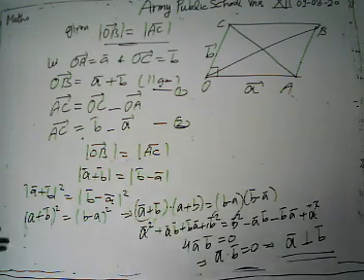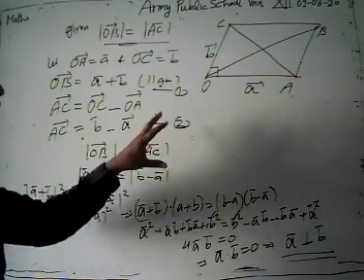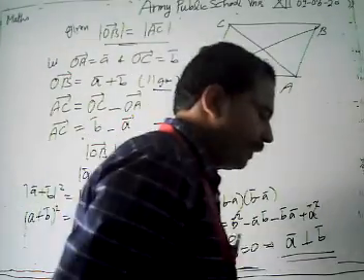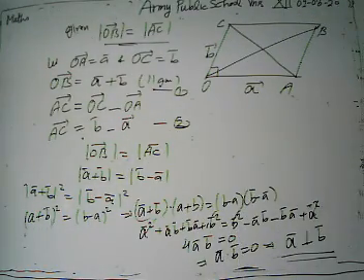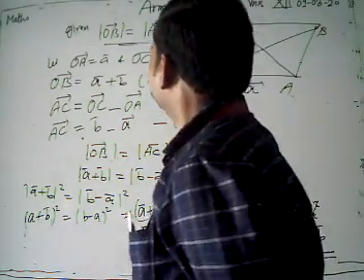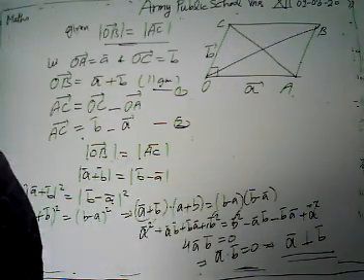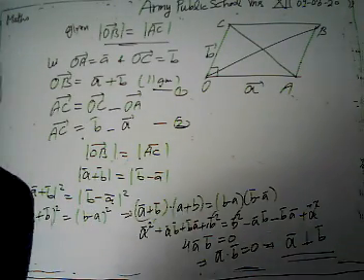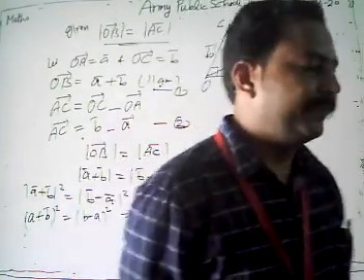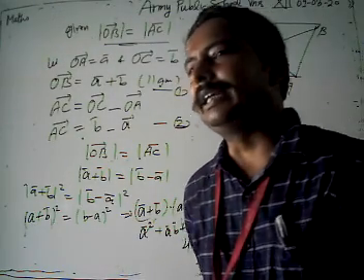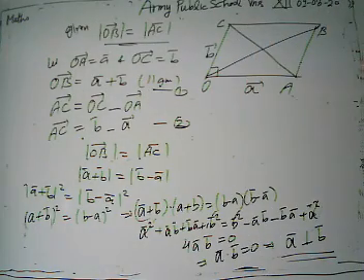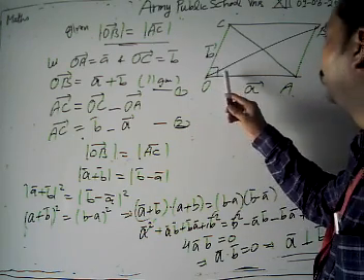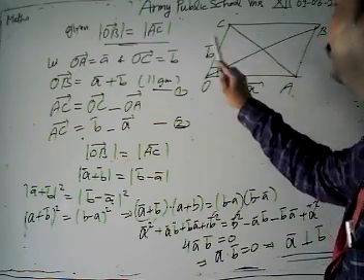Again I am going to revise the same problem. We are going to prove one of our geometrical theorems that we have read about in geometry: if the diagonals of a parallelogram are equal, then it is a rectangle. We prove this theorem using the vector method. It is given that the lengths of OB and AC are equal.